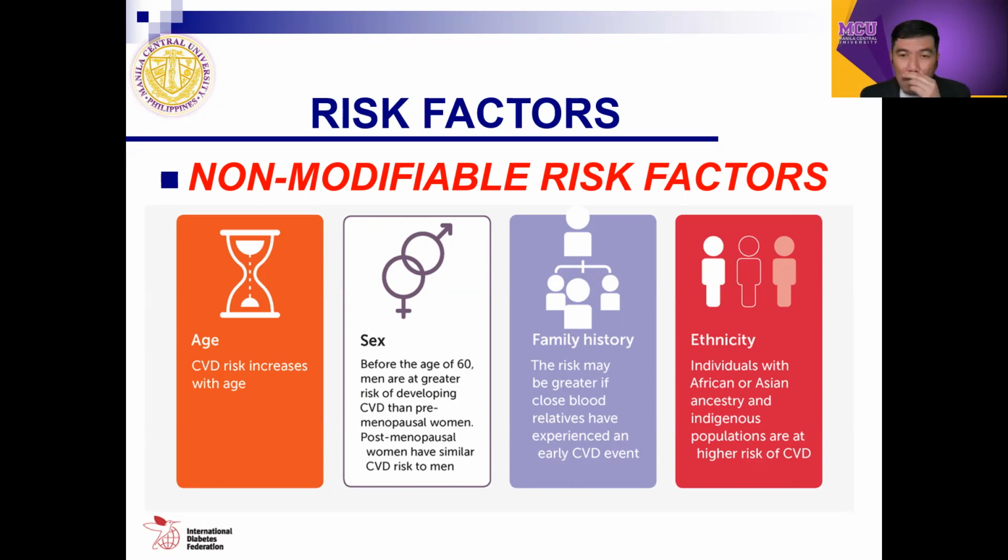Sa ethnicity naman po, individuals with African or Asian ancestry. Ayan. Kaya based from the scientific explanation na Asian and African ancestry and indigenous population are at higher risk of cardiovascular disease. So that's why you may ask, if Filipino, then definitely Filipinos are at high risk of cardiovascular disease. Kaya nga dito sa Philippines, the highest morbidity po natin ay cardiovascular disease. Okay? So next po,